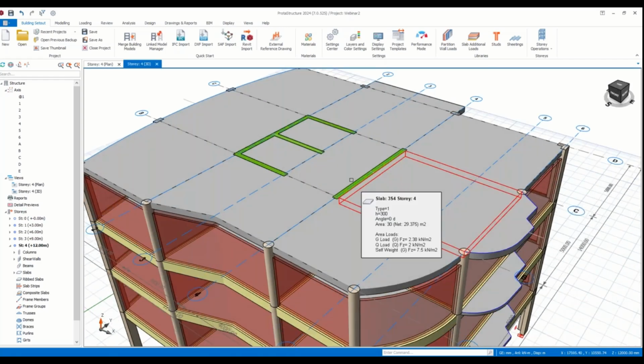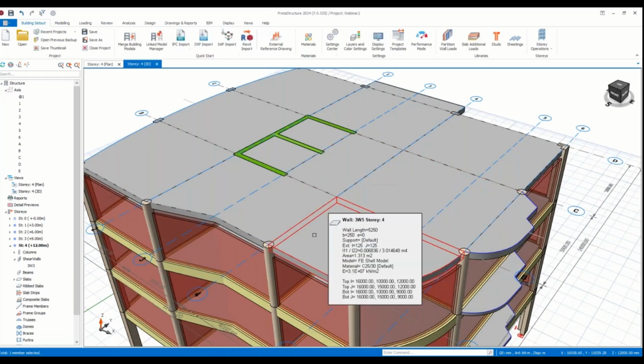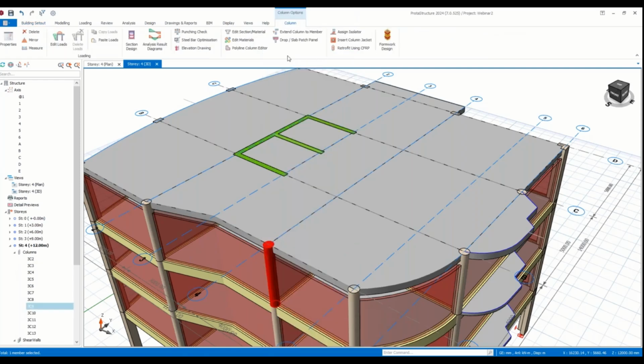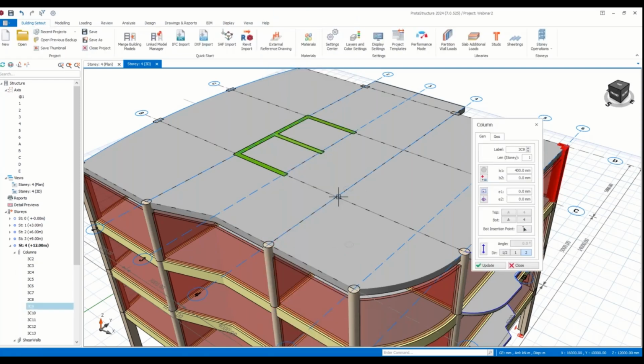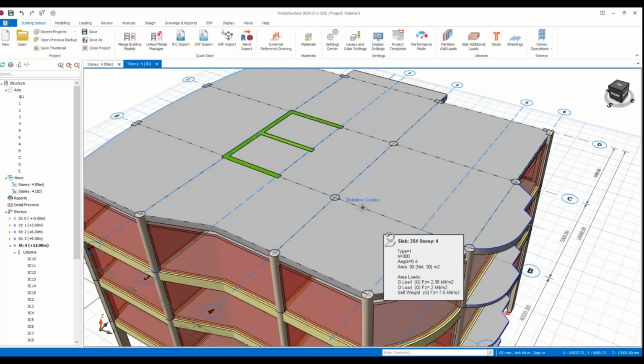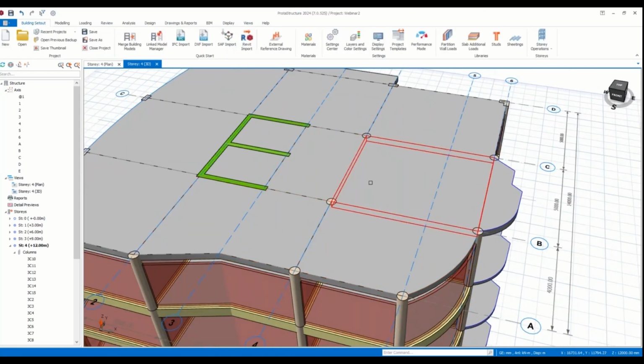So I'm gonna delete this shear wall, and at the last story we can have some column members on these axis intersections. So for example, if you're